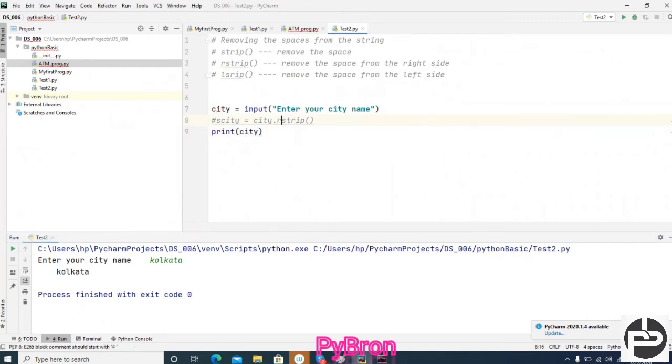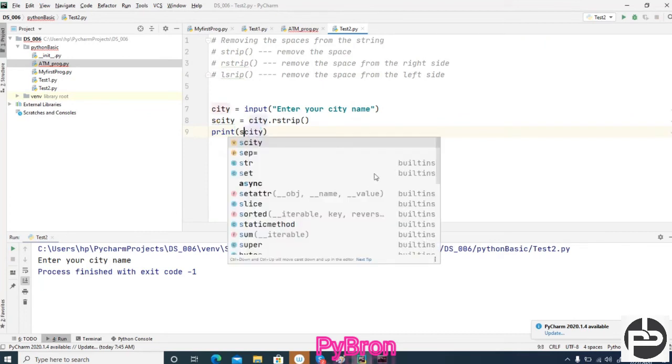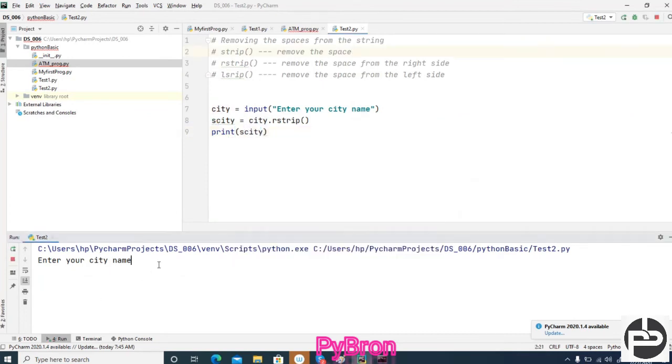Instead of doing that, rstrip means it removes right spaces, right? Sorry, I made a mistake. Let me run this code. And right side, right?